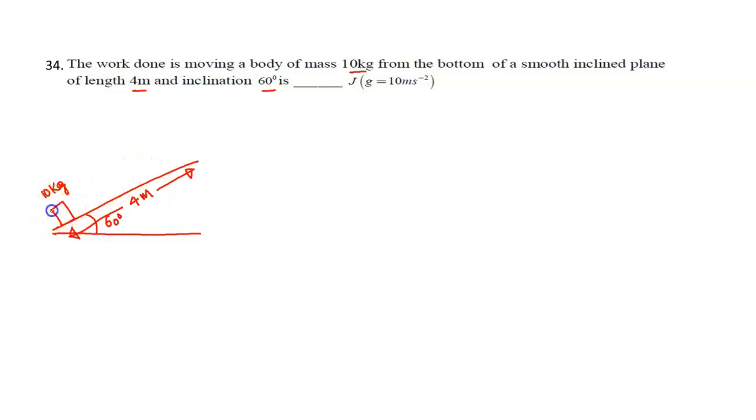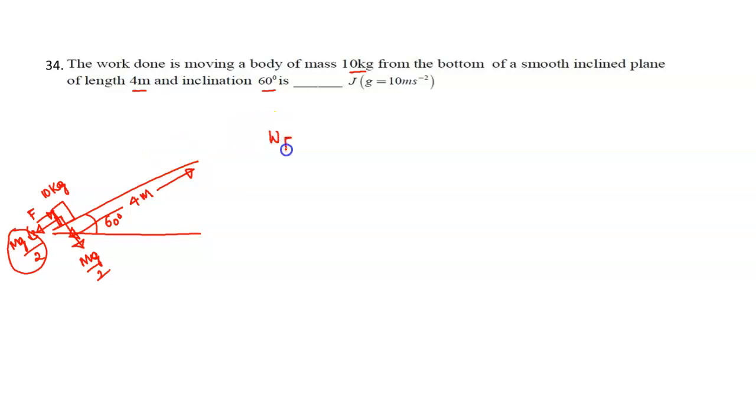So here if we consider the gravitational force acting, sine component will be acting along the plane and cos component will be acting perpendicular to the plane. So cos component will be mg cos 60, which will be mg by 2, and sine component will be mg sin 60, will be mg root 3 by 2. We have to just apply a force which will be equal to mg root 3 by 2, so that it will be slowly moving up the incline.